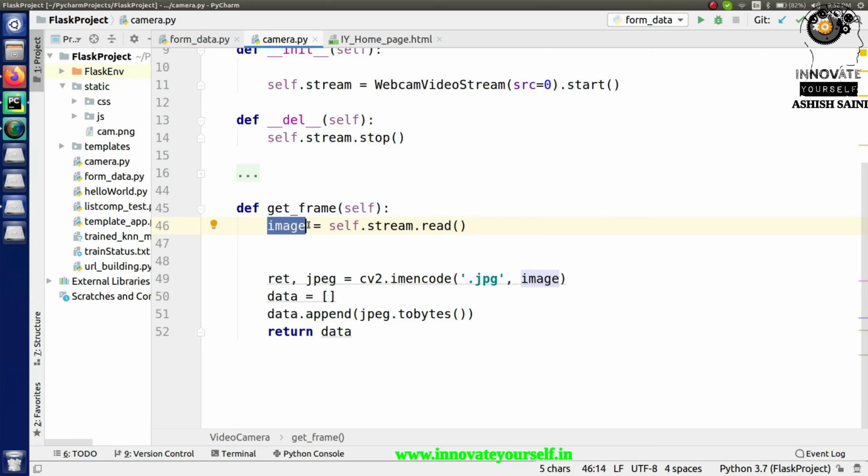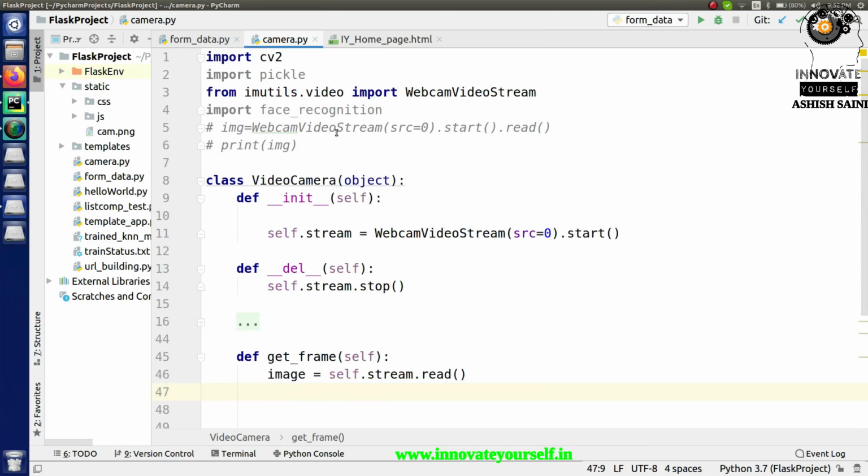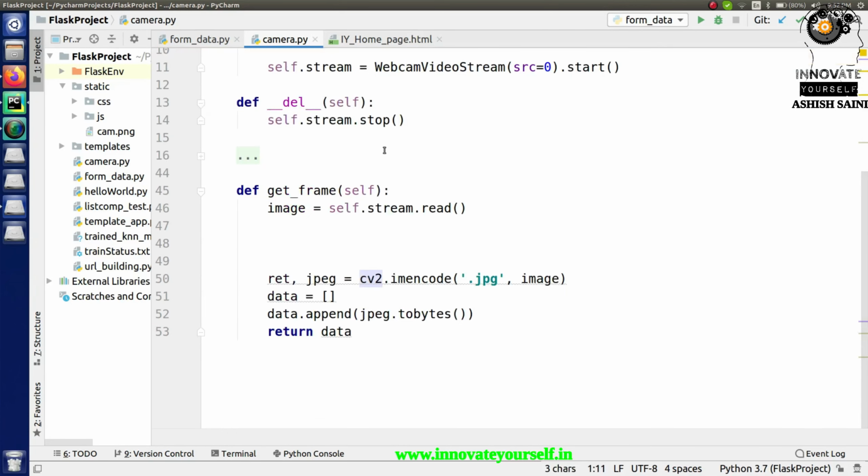Now to do that, we have to use the classifier which is provided by OpenCV, and OpenCV we have already installed in the last session. If you are not aware of that, you can go there, where I have already shown you how you can install OpenCV onto your system. It will be really helpful for you if you are new to this channel or to this program.